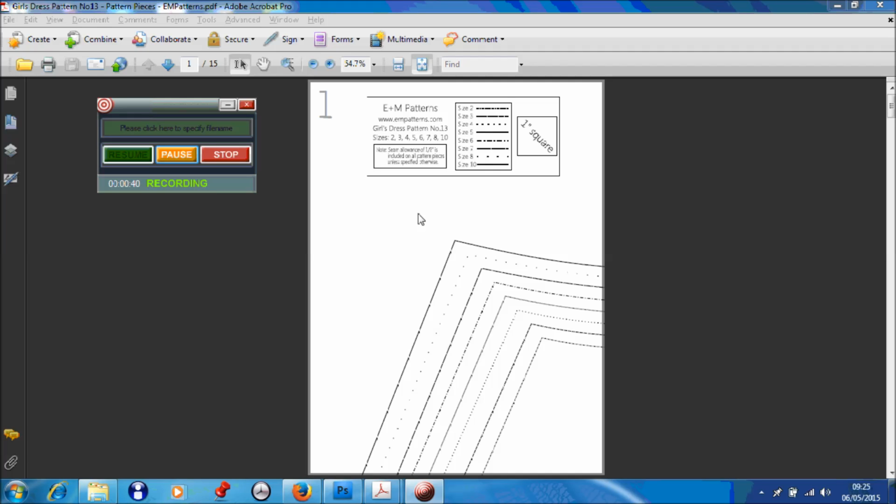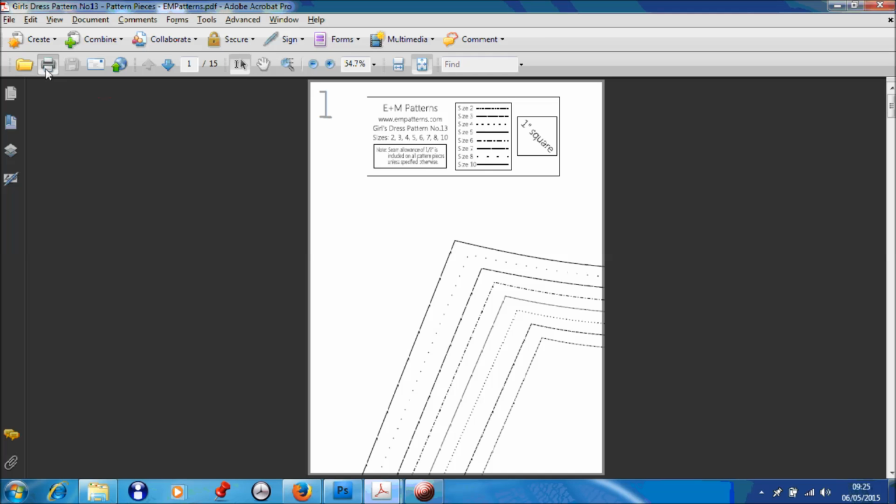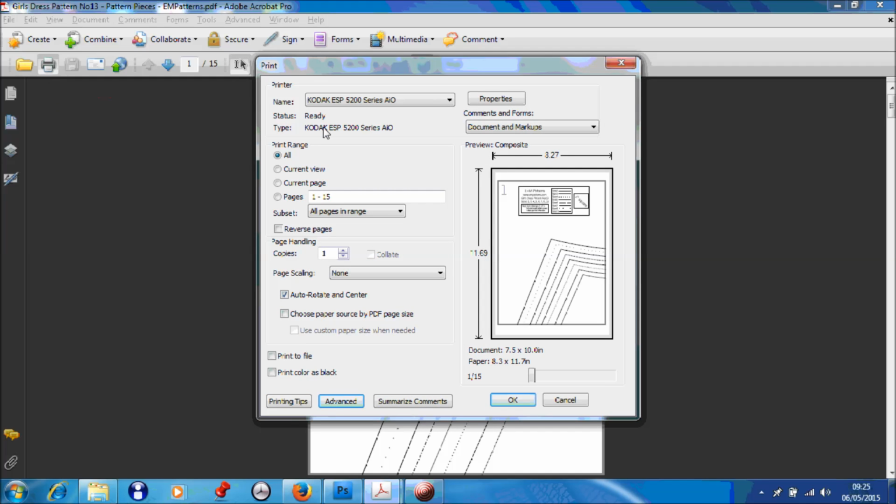So what we do in this instance is we print off this first page to check that the 1 inch square is actually printed out as a 1 inch square. So to do that, we come over to the print icon. We check that we are printing the current page only. We check that we have one copy. We want no scaling,